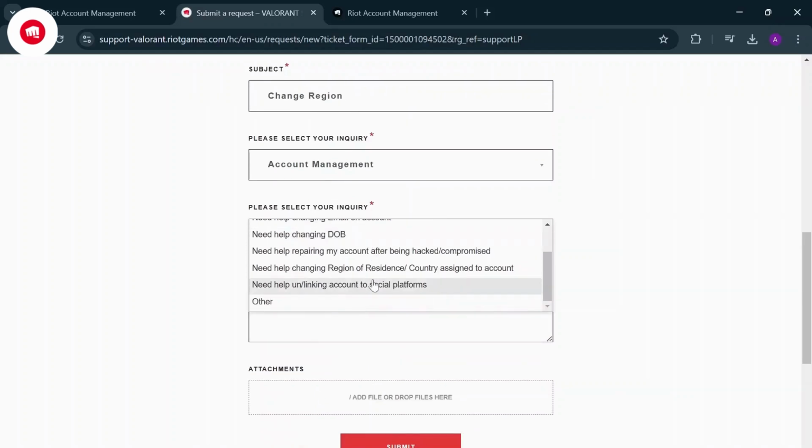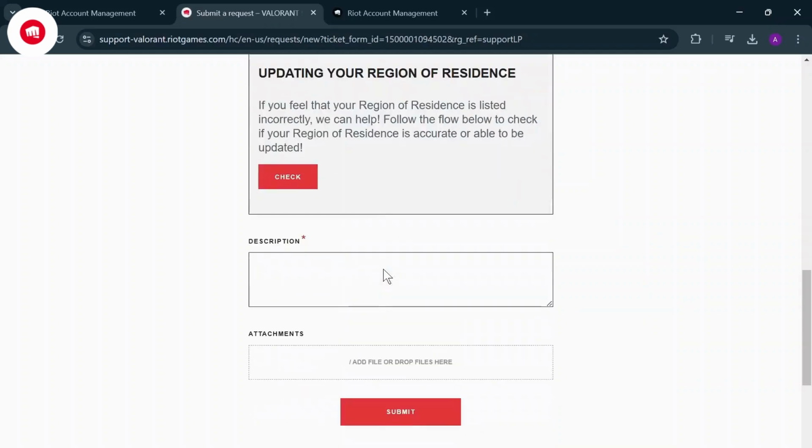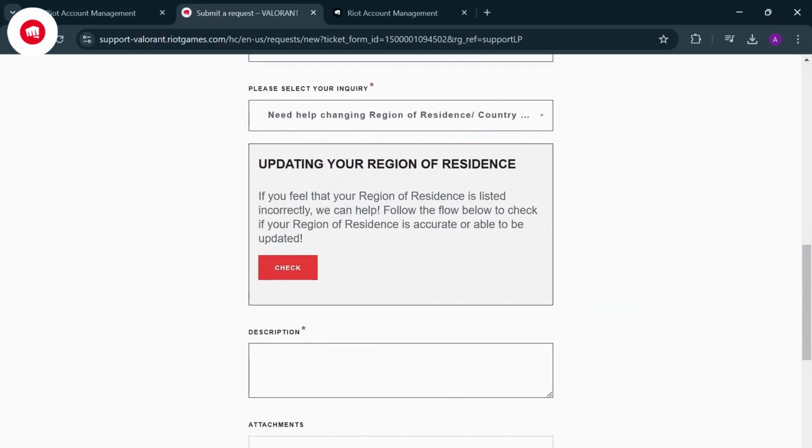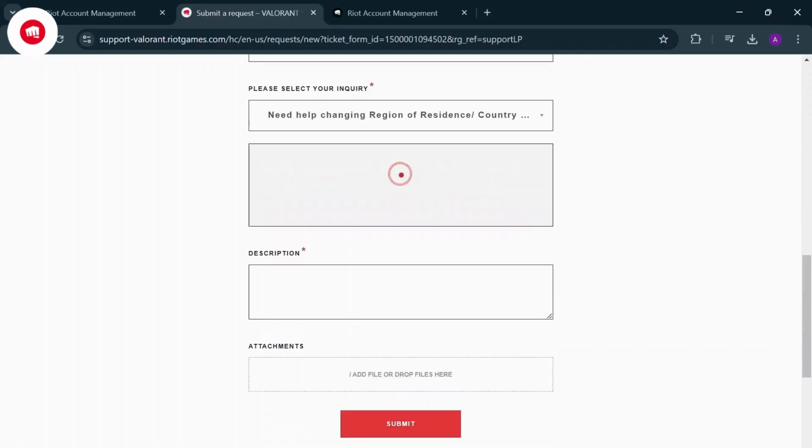Now, under here, there is an option about changing your region of residence. So select that. Now, you can check your updated region here. If you feel that your region of residence is listed incorrectly, they can help. So you can check, and if they say that they are not able to find it or give an error back,